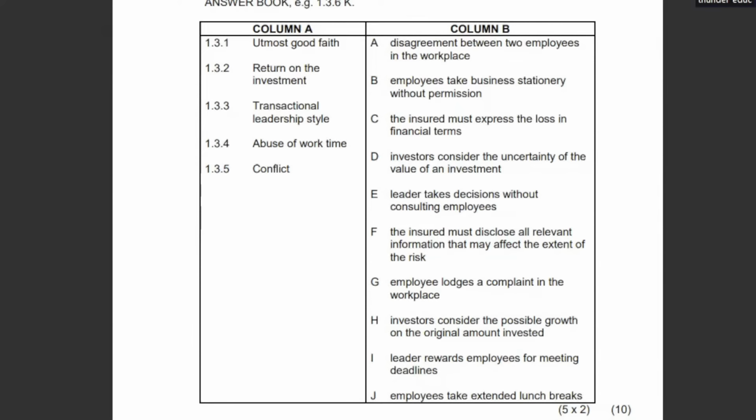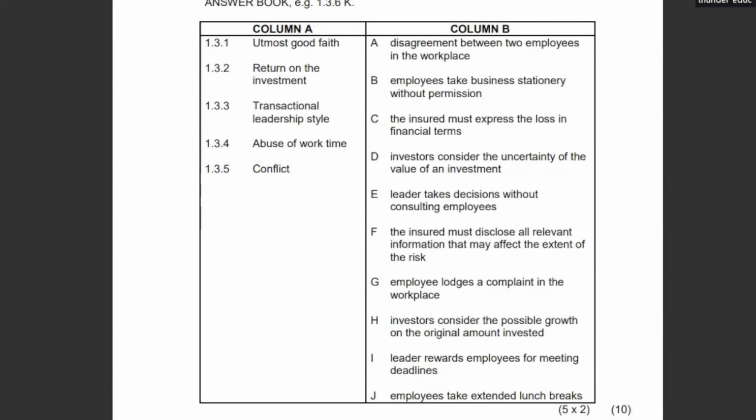Now, in most cases, when we talk of utmost good faith, here we check the insured, where the insured actually discloses all the relevant information that may affect the extent of the risk. So in this regard, our answer for